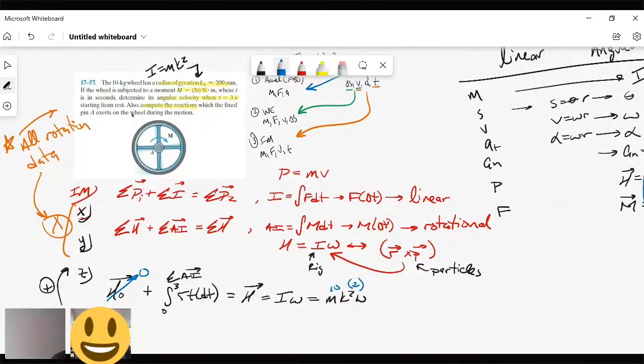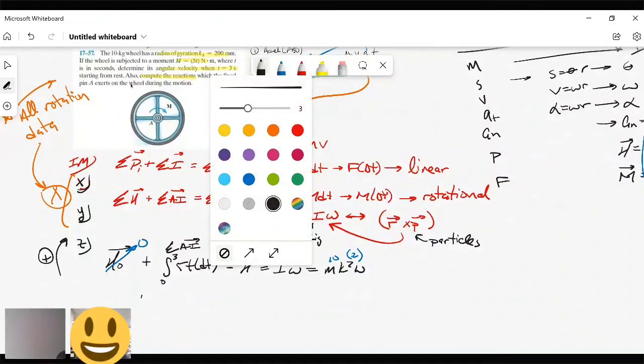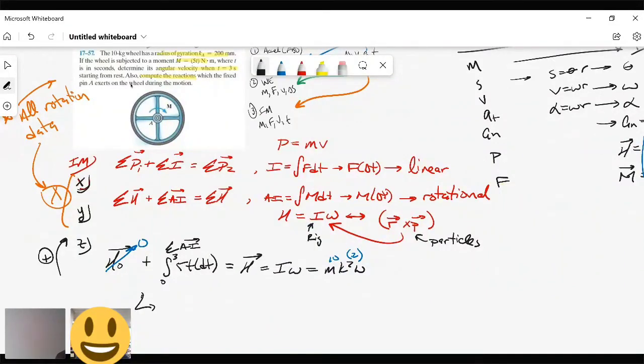So all we have to do is solve this for w. So we'll just bring it on down. The integral of 5t gives me 5t squared over 2 from 0 to 3, which is going to be 5 times 9 over 2. That's going to equal 10 times 0.2 squared times w. And with that being said, I can solve for w. You following me? Solve for w. W2, which is the final angular velocity, is just going to be